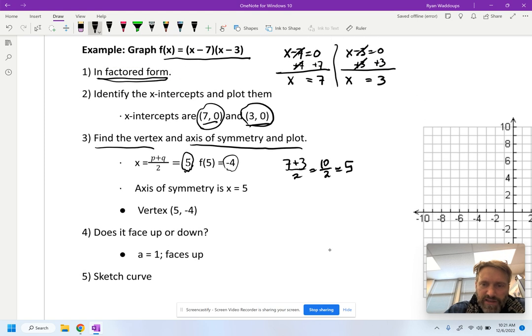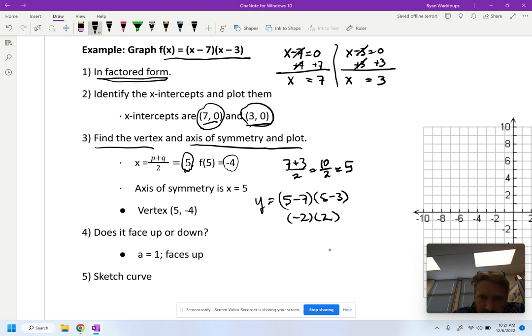So we say 5 minus 7 times 5 minus 3, and this is equal to our f of x, or y. So 5 minus 7 is negative 2, and 5 minus 3 is positive 2, and negative 2 times positive 2 equals